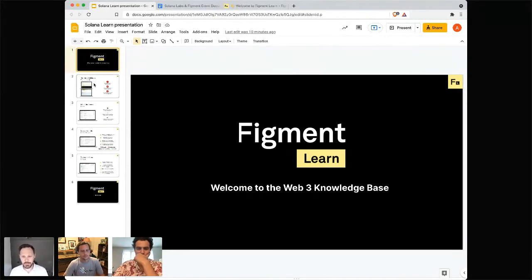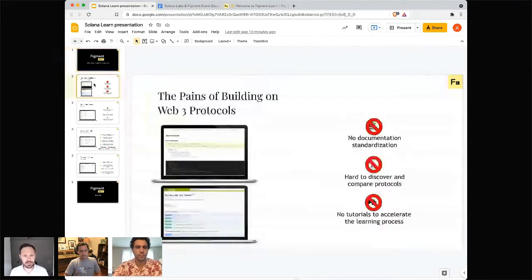So I want to talk about really two things today. What is Figmentlearn and how is it helpful for developers? And then two, how can you get up to speed with Solana and consider using Solana for your next web app? So when we started Figmentlearn, we really wanted to solve two problems, two really big pain points we found